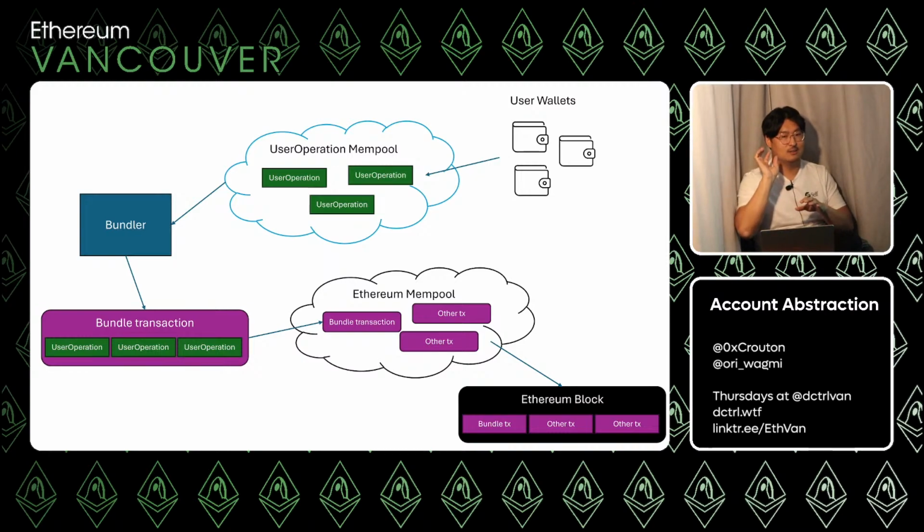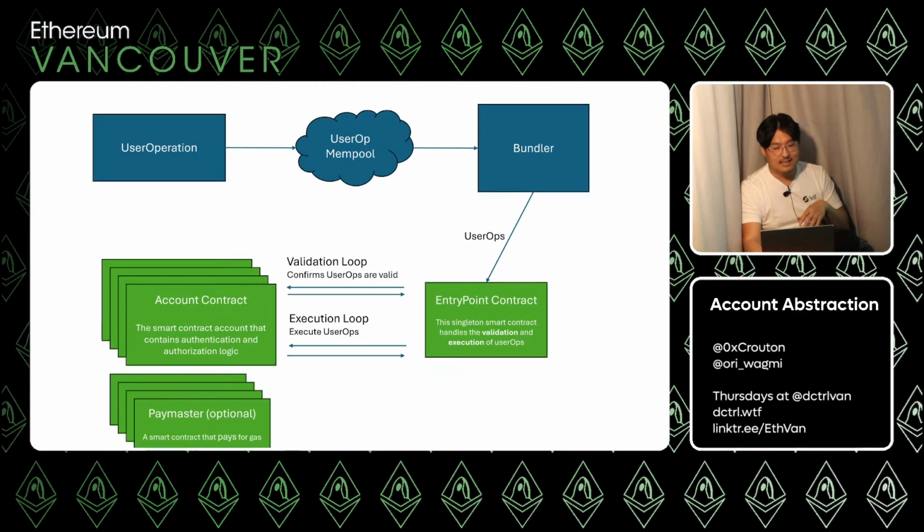So this is the off-chain thing. We kind of talked about the dApp or the wallet and the user op and the mempool and how it gets put on chain. So next, let's see what happens when it's on chain. Let's look at the smart contracts. So, user operations, and then put in a mempool, bundler picks it up, and now they call the entry point contract. So this is the actual on-chain transactions happening.